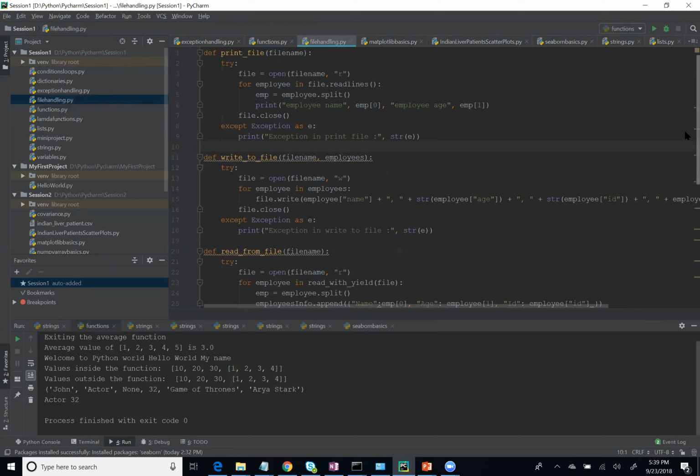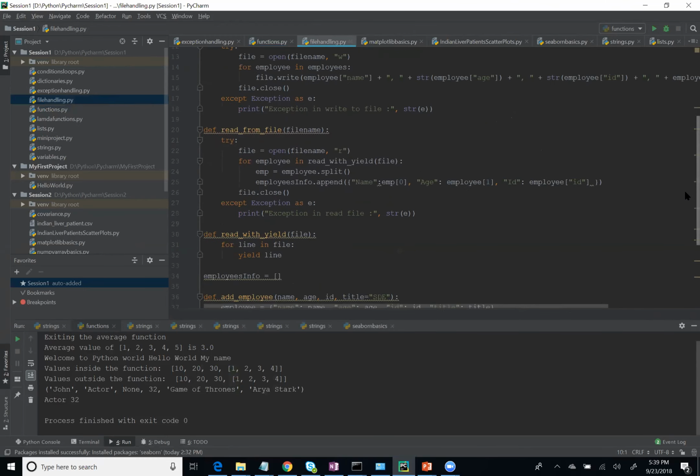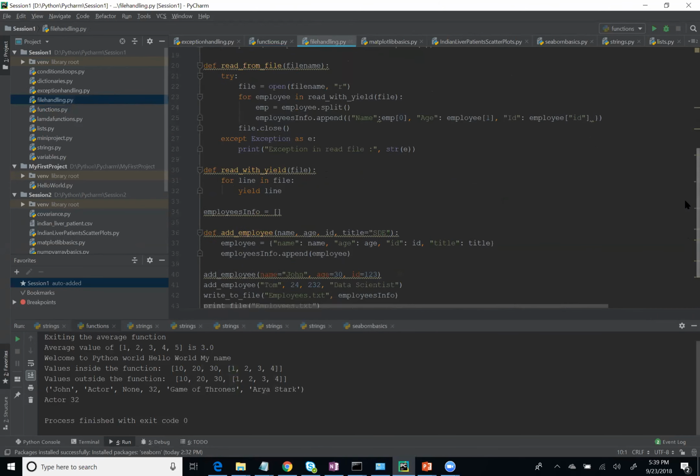I think it is part of C# and Java also. Is there anyone who knows what yield does? Yield keyword? No, Sai, not really. Okay. So basically,